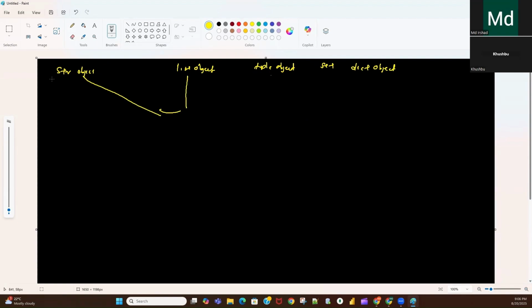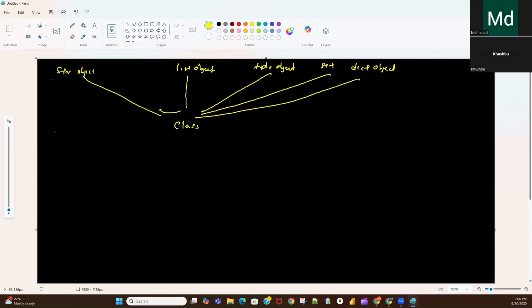We have a string object, a list object, a tuple object, a set object, and a dictionary object. Internally, all these objects are classes, all are inbuilt classes.